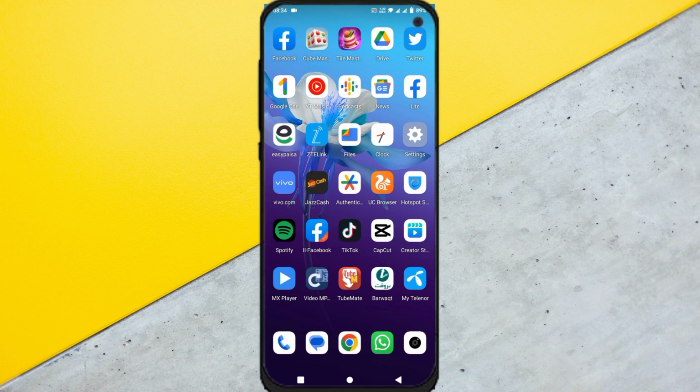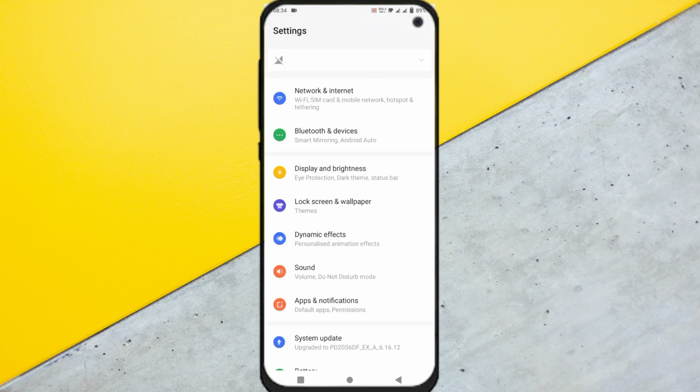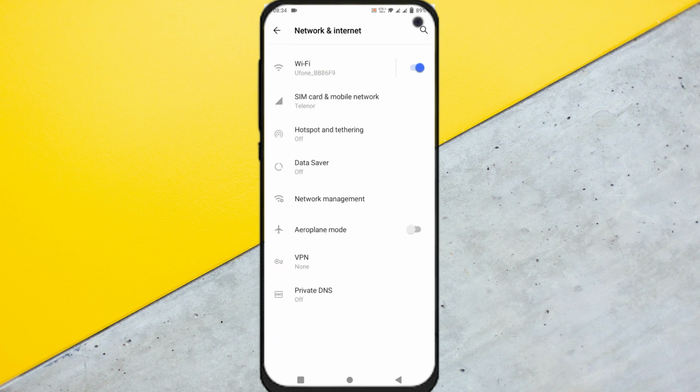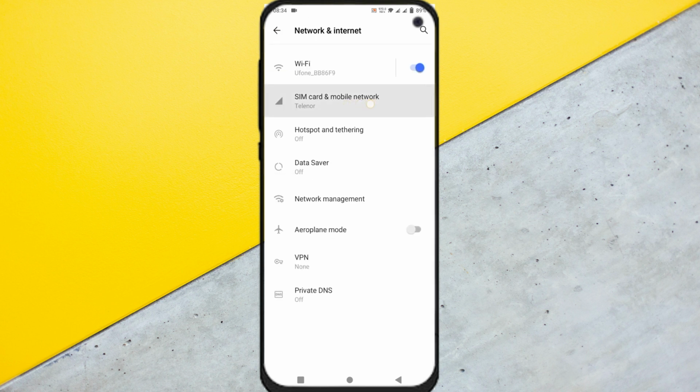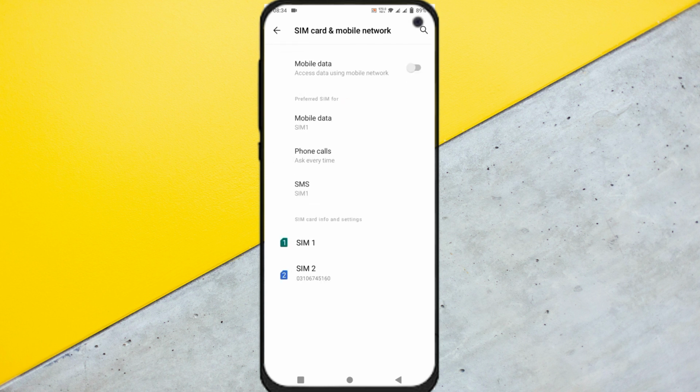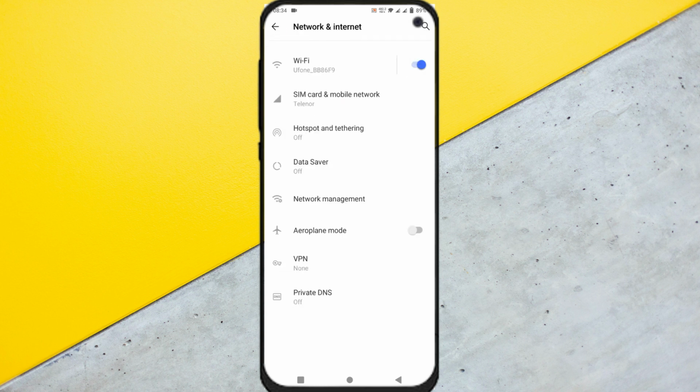First of all, open your settings, click on network and internet, click on Wi-Fi and make sure that your Wi-Fi is properly connected with your device. If not connected, then go back and click on data network and make sure that your mobile data is on. After doing this, go back